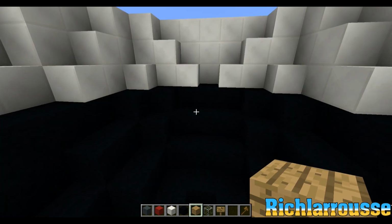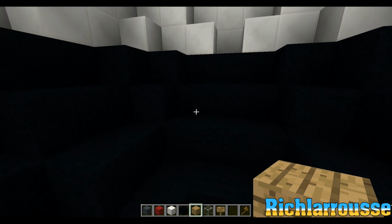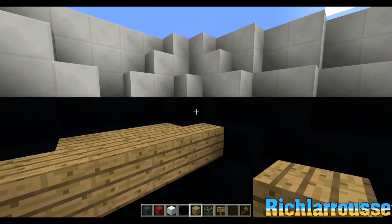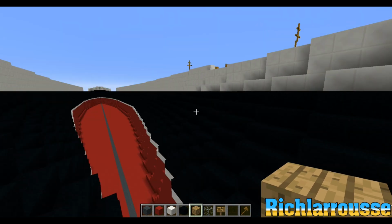So at the back end of the ship, we go to the top of the black, and then go down one to the second row of black, second line of black, and we're going to add the deck there. So when you add the deck in place, you'll have one line of black above that. So I'll just add the deck in here, and this deck is going to go all the way to the